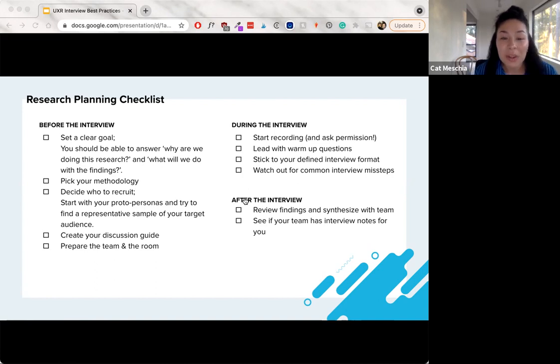For a proto-persona, I think it's important to use this phrase because too often a lot of researchers and stakeholders and teams get caught up that a persona is the perfect, infallible representation of a user, which it might be. But until you actually do the research to validate it, it's a hypothesis. So that's why I like to split my terms out and say proto-persona versus persona. That helps kind of break that mental model that a lot of teams have already been accustomed to.